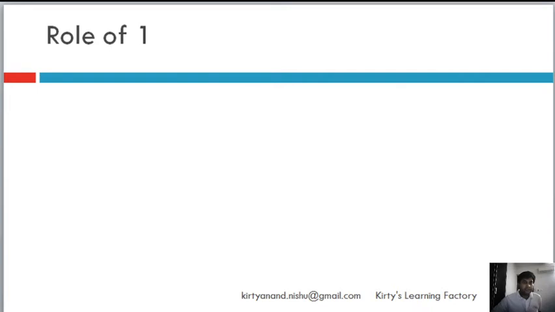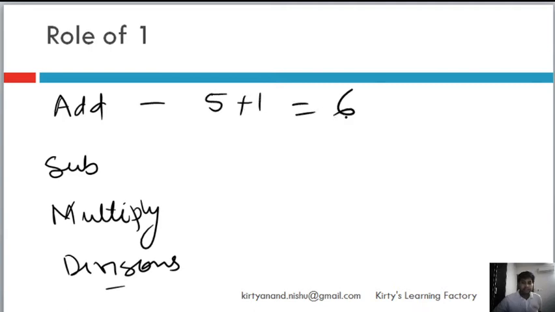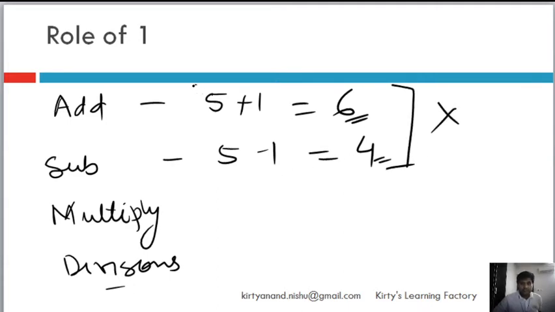Now let's learn the role of 1. And we will learn the role of 1 across, once again, all the 4 operations, and let's see what those operations are. So if we add 1 to any number, it does not have a practical significance because it will just add. If we subtract it, nothing really happens. This is not something that is the role of 1, so ignore it.